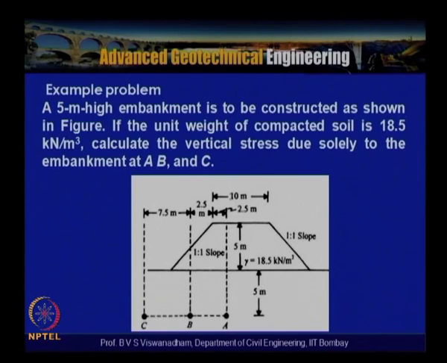The method is that we first see how the embankment can be divided, and if any fictitious portion needs to be added, it can be added, and then the stress due to that fictitious portion needs to be deducted. Once that is done, we will be able to get the stresses at point A, point B, point C, and if required, any point at the toe, say B1, that also can be calculated.